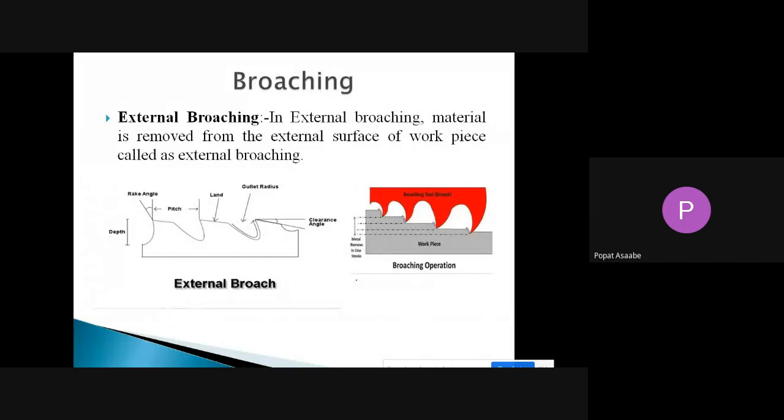This is the external broach. In external broaching we can remove material from the external surface of the workpiece. You have to remember we can perform the broaching operation for both: external as well as internal. Okay,